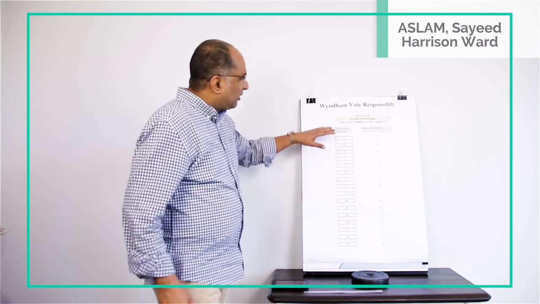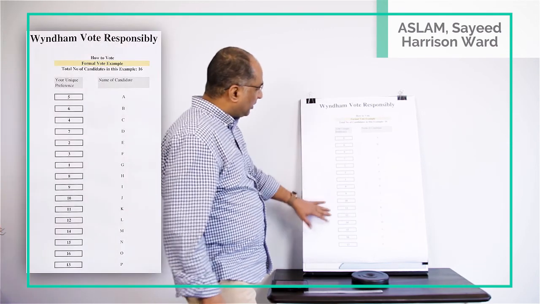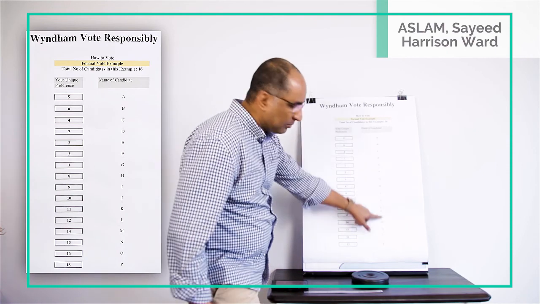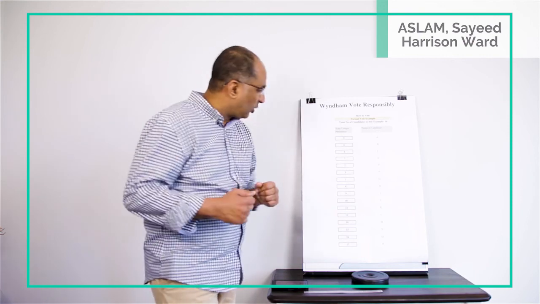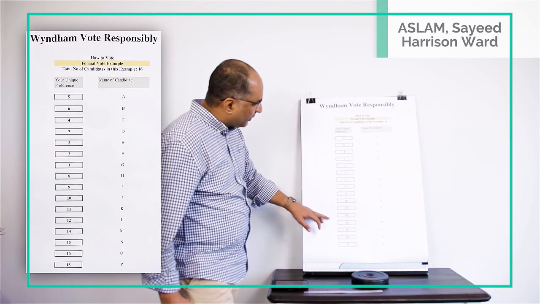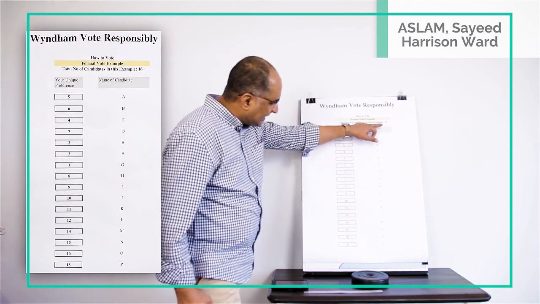Now, in this particular example, what I tried to explain is how the ballot paper will look. It most probably will look like this. You'll have a unique preference that you need to vote, and you'll have a candidate name, whoever it is. And if you want to make sure that your vote counts, you need to have voted properly, and it should be a formal vote. Now, if you look at it, in this particular ballot, we've taken an example. We've got 16 candidates.